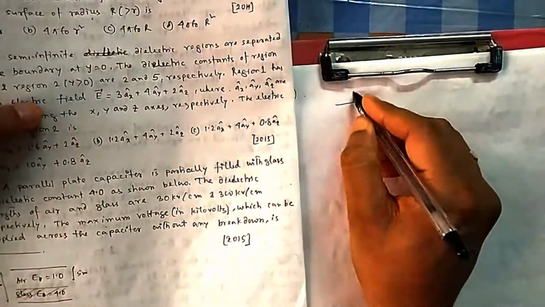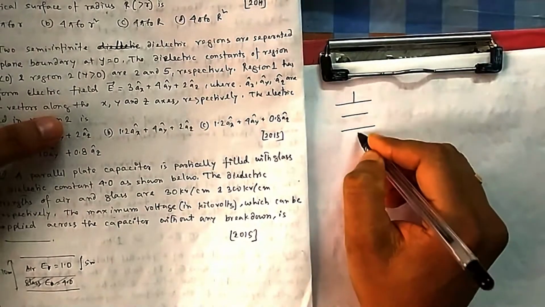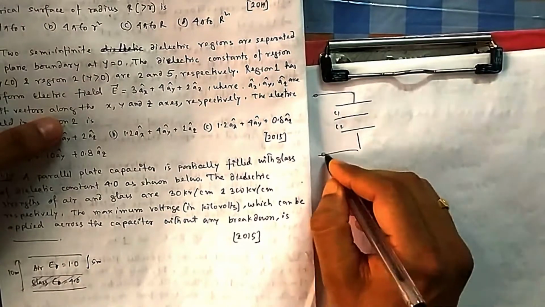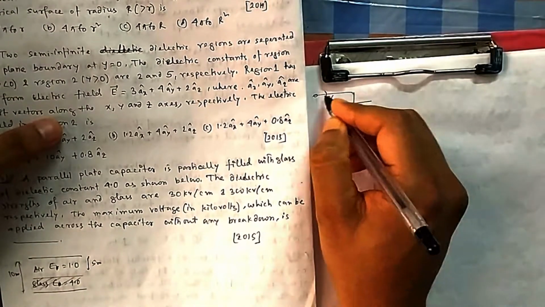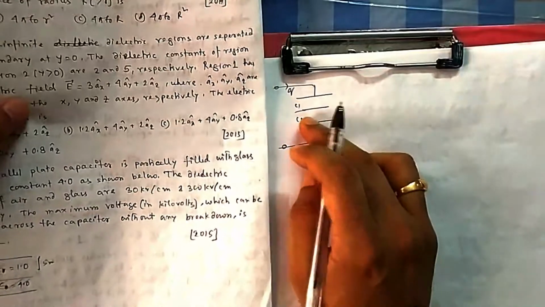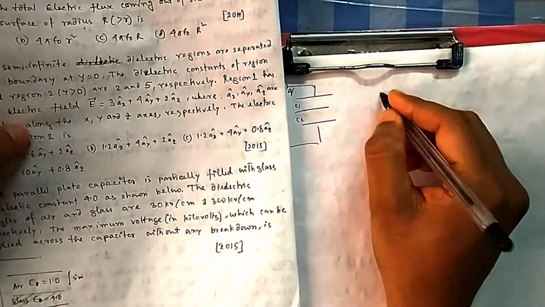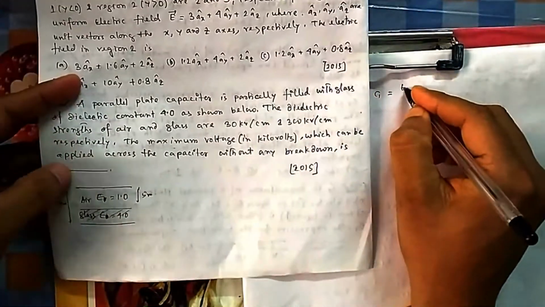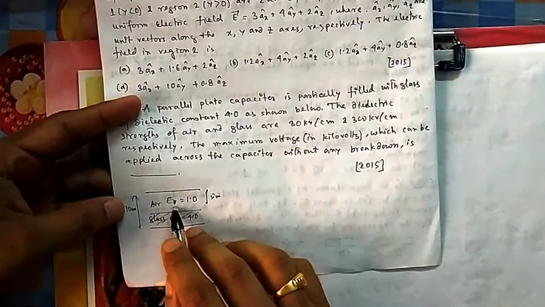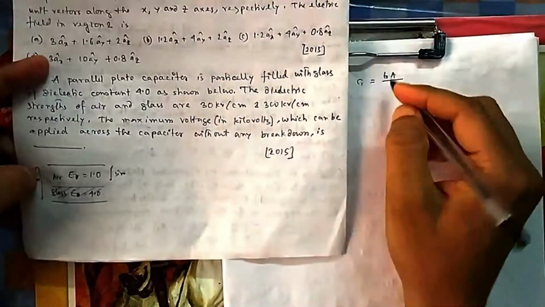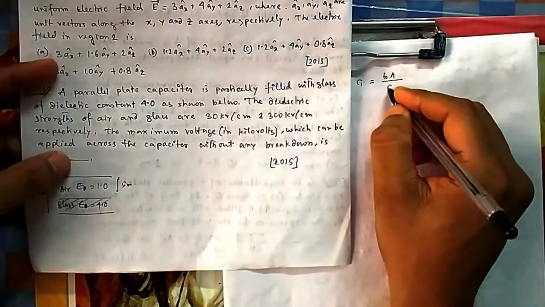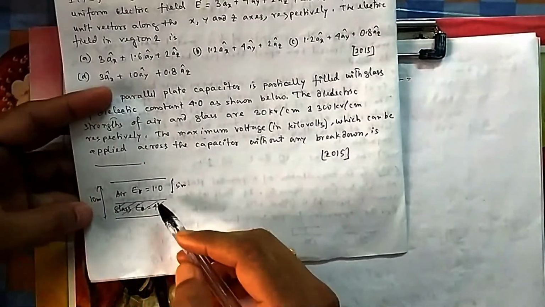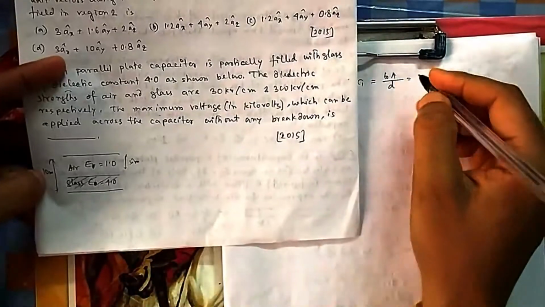So if you see this one, this is C1, suppose this is C2, and this is the voltage that you are applying. Because Q is the same, the same charge will be flowing, so the voltage will be divided in the ratio of their capacitance. So let's first calculate C1 and C2. C1 will be equal to, because it is air, epsilon naught, and epsilon R is also given as 1, relative permittivity, epsilon A by D. So D is the same here, all these dimensions, A and D, are the same.